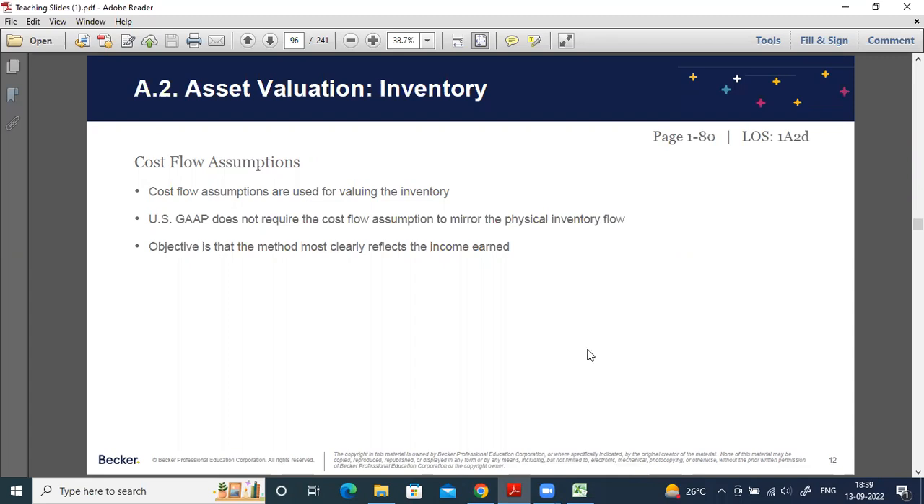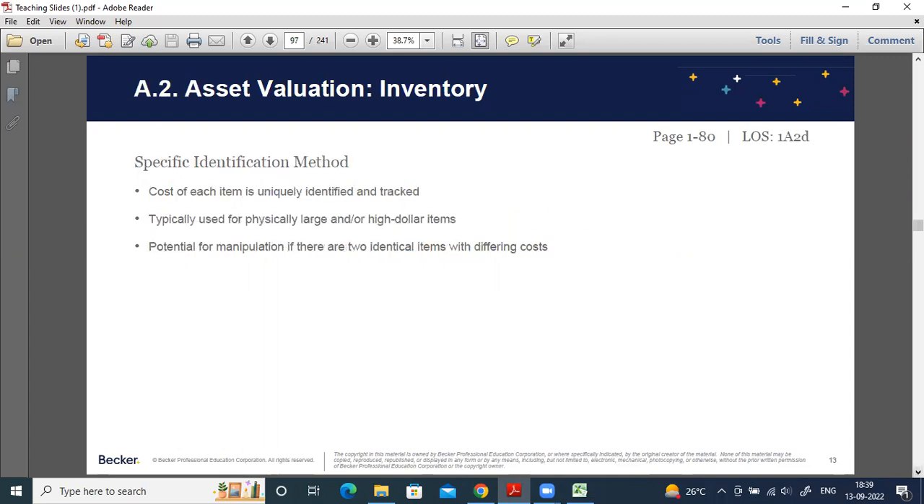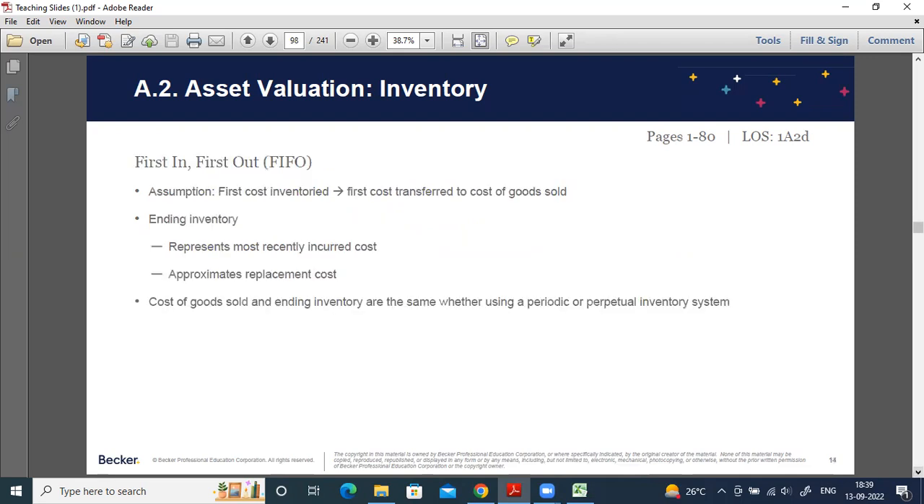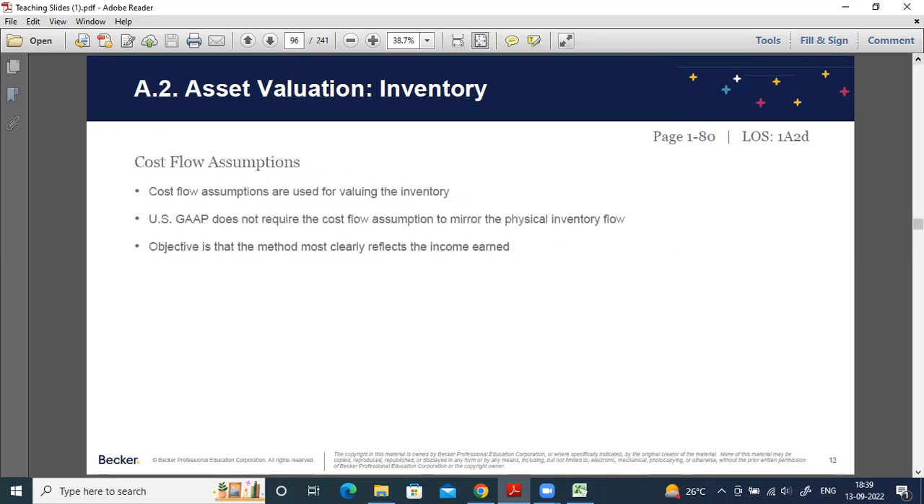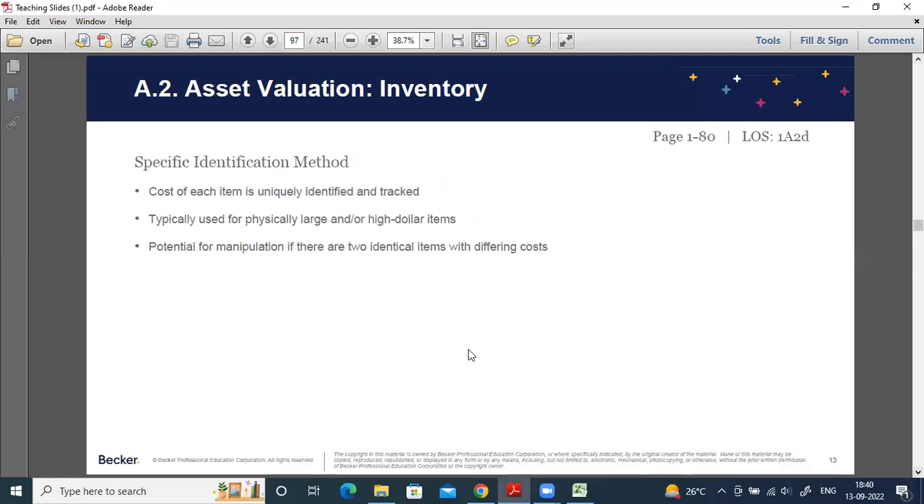Then here it doesn't mean that it should clearly reflect the method. Now directly I will be going with the assumptions method here. So, specific identification. In the specific identification method, the cost of each item is uniquely identified and tracked, because under these cost flow methods we